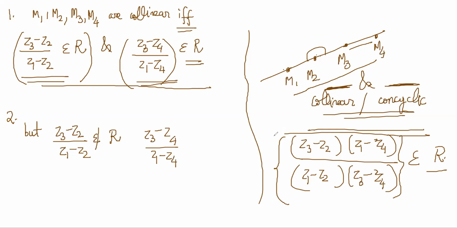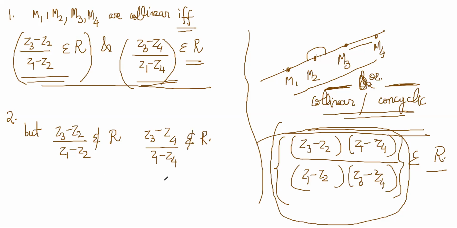No, this is not an and, this is an or. In the first case, the theorem was saying that either collinear or concyclic, this has to be real. So if this is real, it is either collinear or concyclic. The reverse is also true, but the specifications of how it is true is this: if it is collinear, then notice here that this is four factors, no? Four factors are together coming to be real.